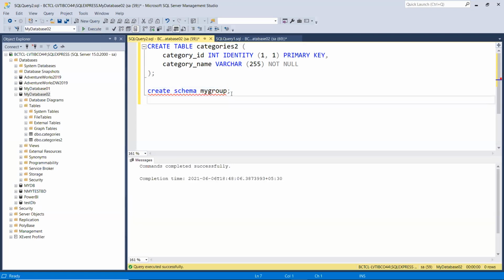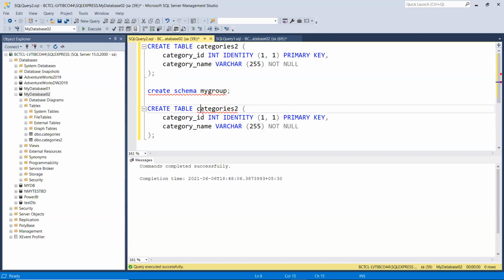Now let's create the same table, but instead I'll put something like my schema dot categories two.